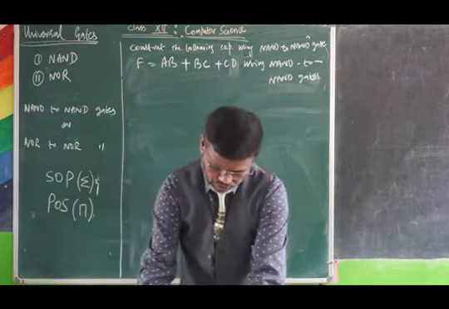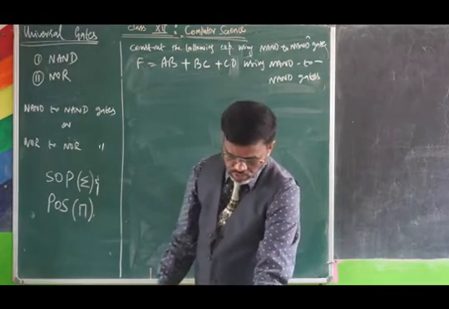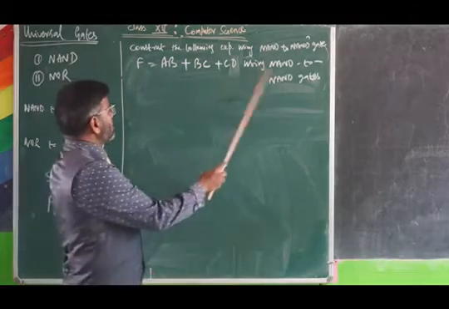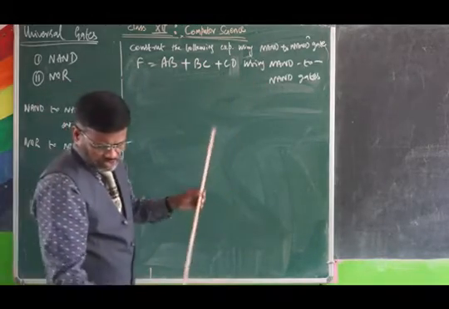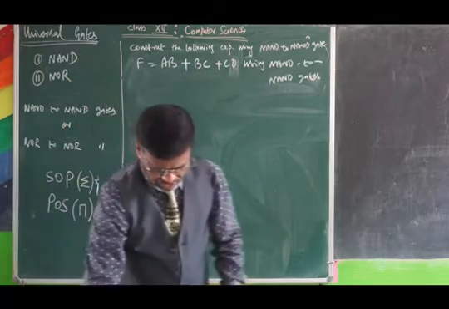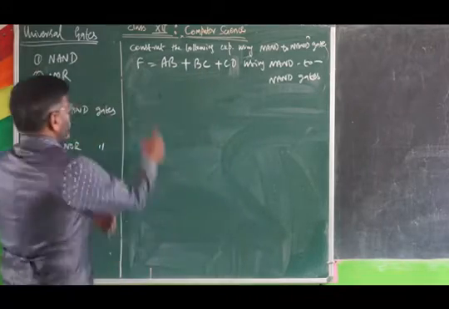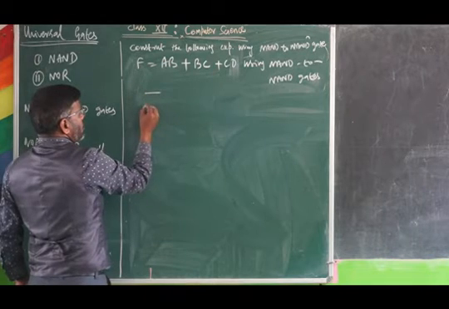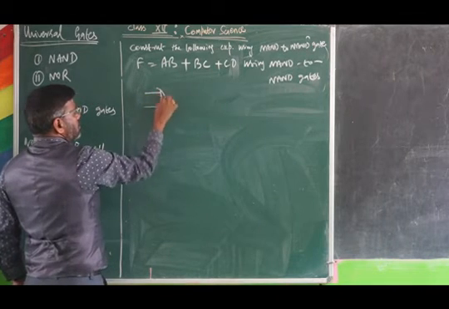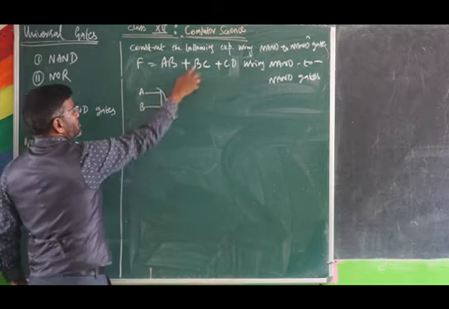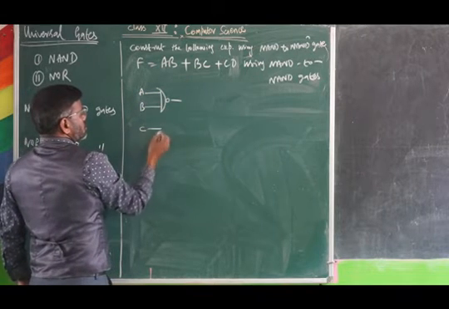Here, I am going to construct a logic network with the help of a NAND to NAND gate. The given expression is AB plus BC plus CD. Here I go. Here is an A, this is a B. So this becomes AB. The next one is